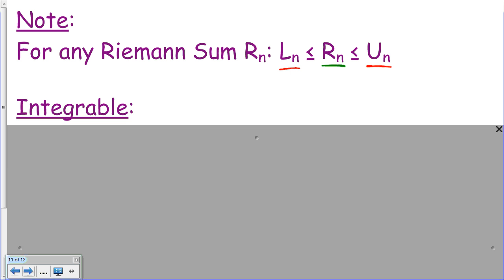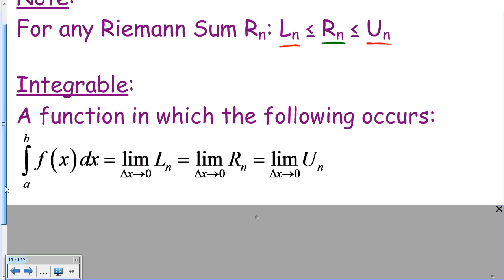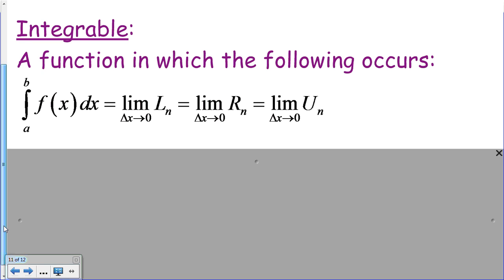So with that, we have a term that we use to describe functions that meet this certain criteria. The term here is integrable. Just like we use the term differentiable to talk about a function and whether or not we can differentiate it and evaluate it at a point, we have a term integrable that we use in a similar fashion, although the definition is a little bit more complex. It says a function has this property of being differentiable, or excuse me, integrable,